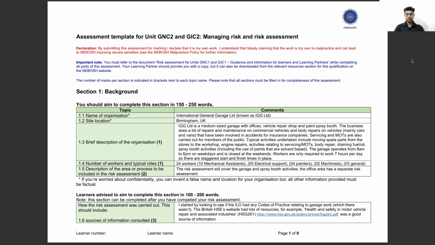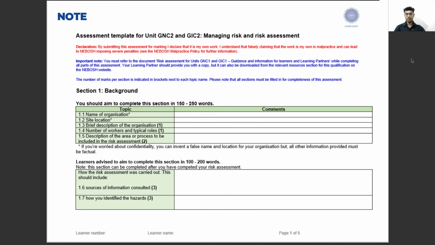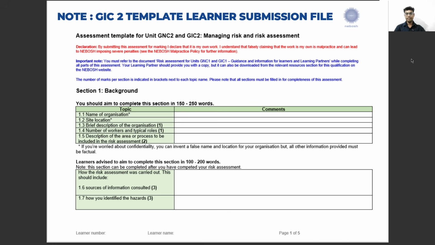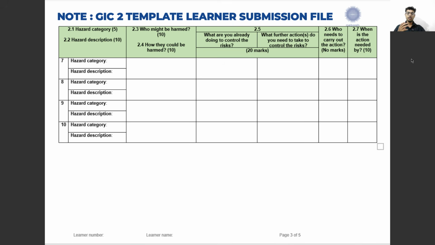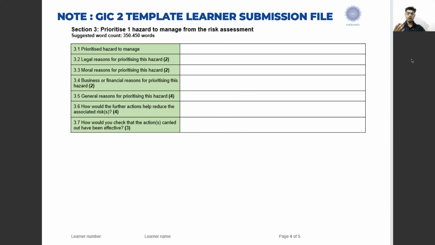And in the Word file that we get, the GIC2 template, on the green side, in the left side, you see like 1.1 till 1.6 in this page. That shall be there. And on the right side, in the white boxes, that will be blank, and you should have to write all these things. So it's very simple. What the risk assessment is requiring here is, you are going to be a safety officer,